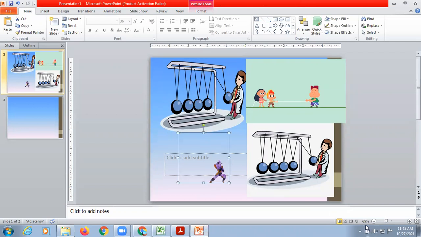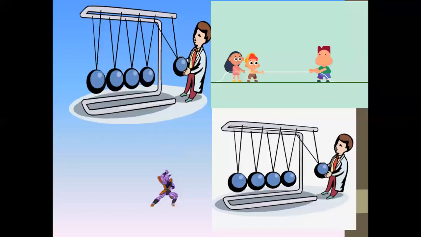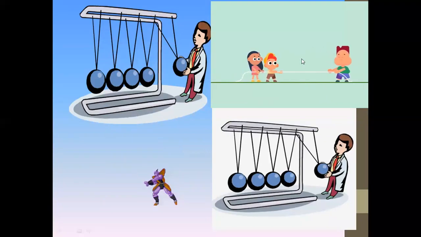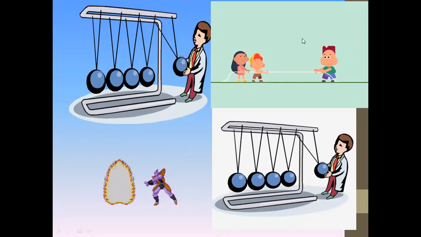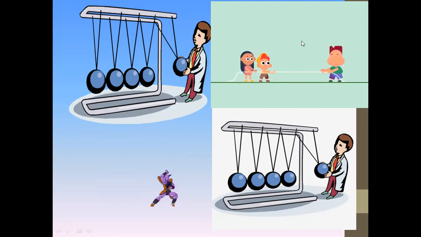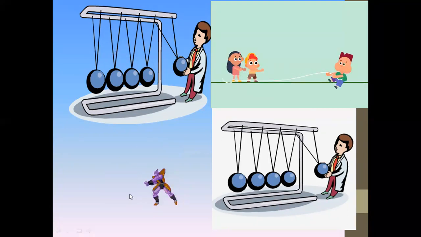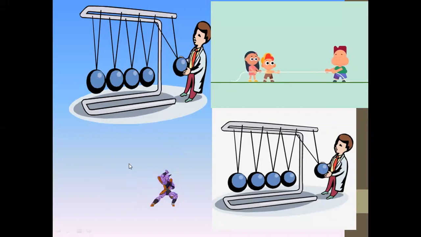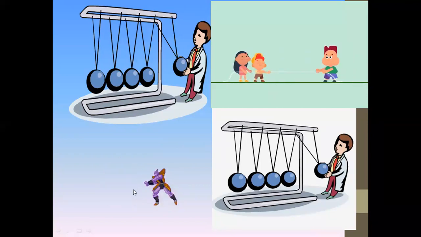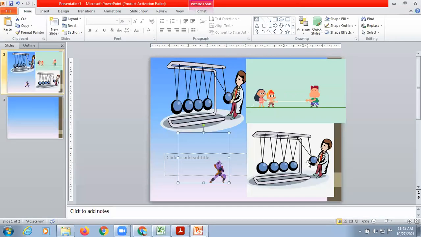Now let's check all four types of images. There is an animation in this image. This type of image is called a GIF image. There is no animation in this, but there is no background also. So this is called a PNG image. This image also has animation and there is no background also. So this type of image is called a GIF as well as a PNG. And this is the JPG type. I hope it is clear to everyone what all the different types of images are.